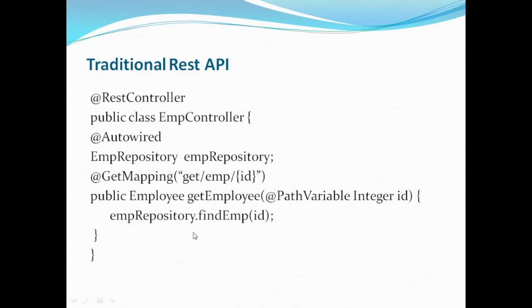The employee repository is a Spring Data JPA repository which has a predefined implementation for your find employee and all other CRUD operations. When we invoke the find employee method by passing the path variable employee ID, the thread which is allocated for your request to handle this request mapping may enter into wait mode.